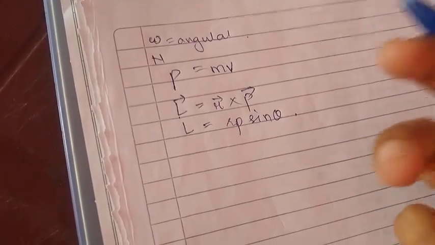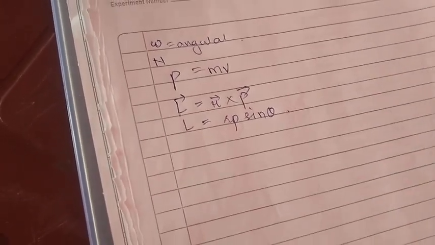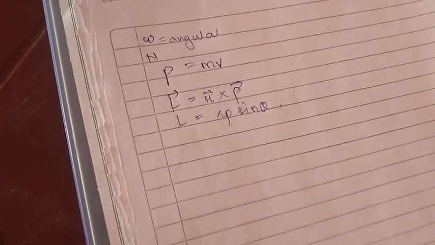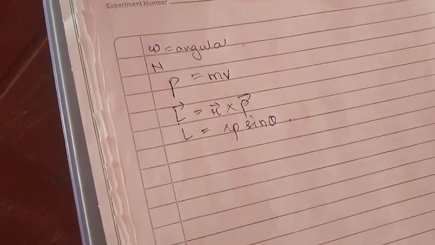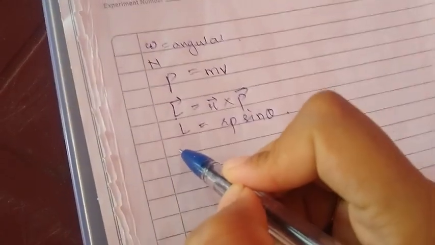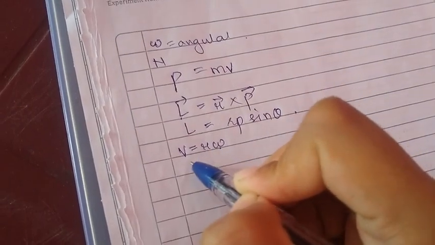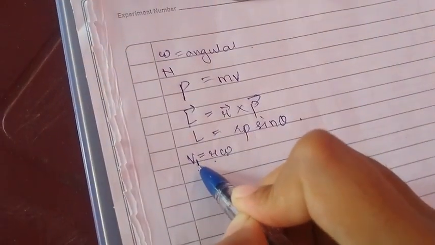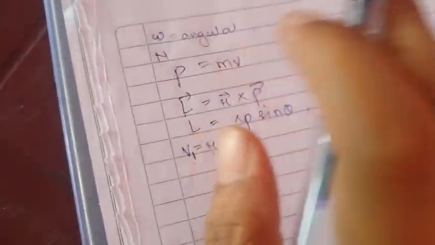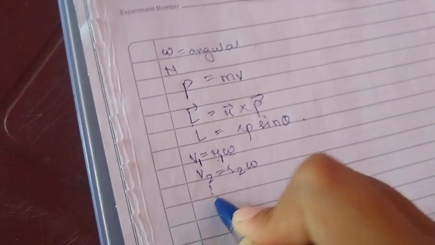Now, when you consider n number of particles having the given mass as I have told earlier, suppose that the object rotates, and all particles also rotate with uniform circular motion. In such case, the angular speed omega is same for all the particles, whereas the linear speed is different. As all of you know, v is equal to r omega, where omega is the angular speed, v is linear speed, and r is the distance of that particle from the axis. So for the first particle, v1 is equal to r1 omega, and omega is same for all the particles. Similarly, for the second particle, v2 is equal to r2 omega, and so on.